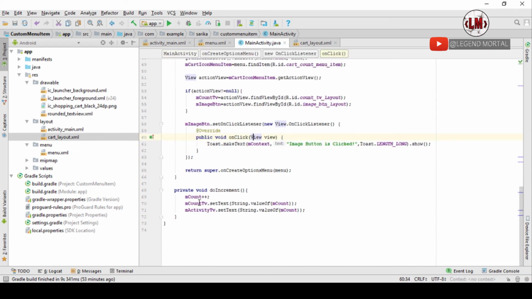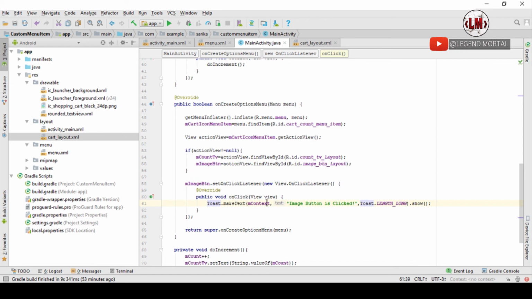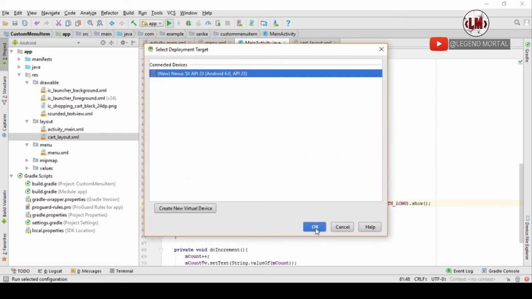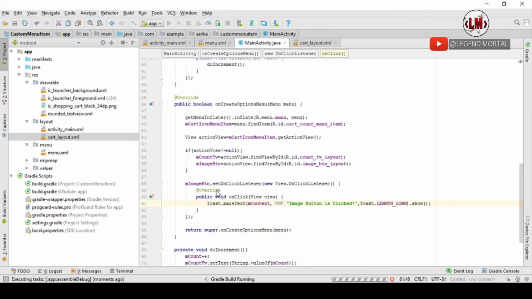Now everything is set, I think so. You can put an intent over here if you want. I will just put a toast message over here. Now let's just run our app. Let's see if it is working or not. It will take a little bit of time for running. It's running for the first time, so it will take a little bit of time. So cutting this part